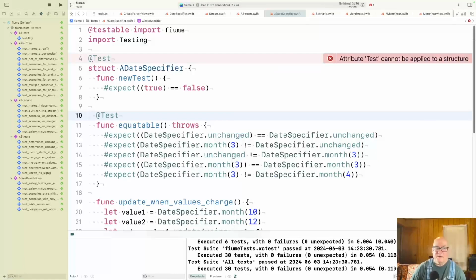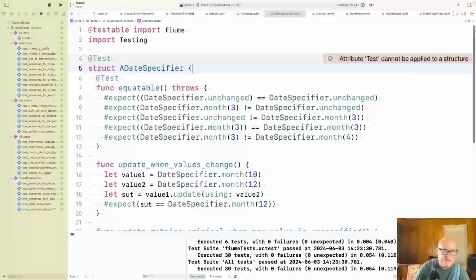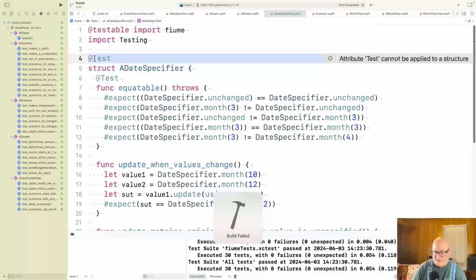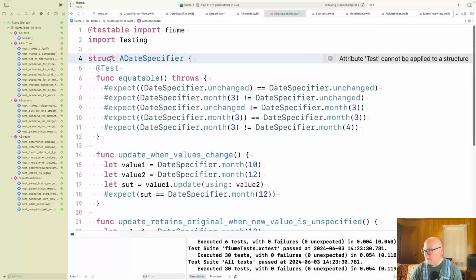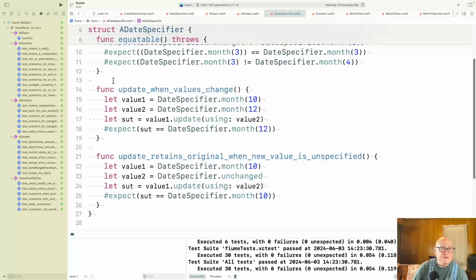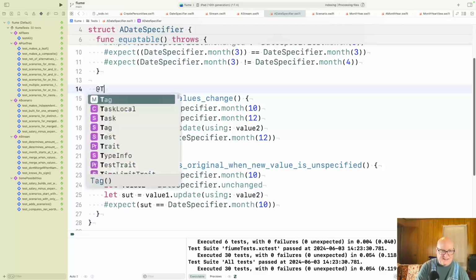Okay. Oh, there we go. Already. Test cannot be applied to a struct. Okay. Funny though. I like your idea. Oh, I didn't put test on these. Ugh.